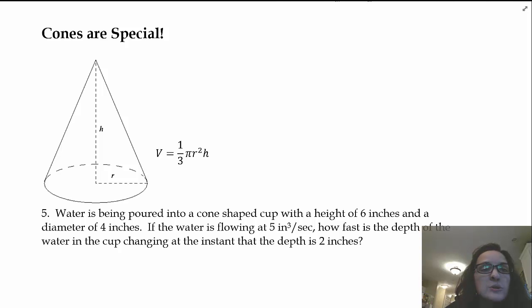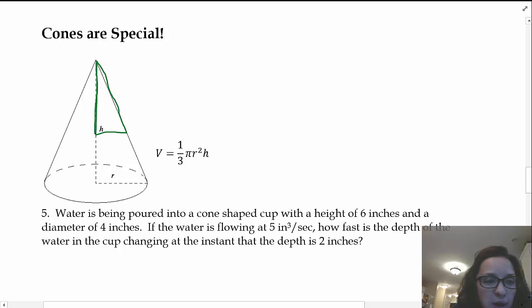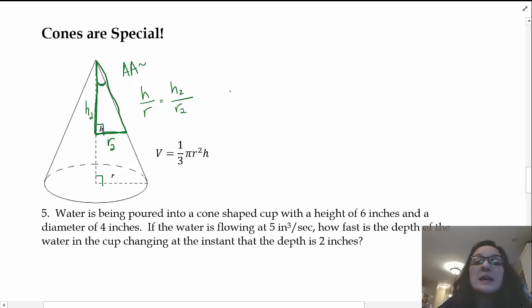So why are cones special? Well, in a cone here, I have this right triangle, this H and R. And if I come up here and shorten the cone and just take a small section of it, I'd have a new R and a new H. But the thing is, this angle right here is the same for the top triangle as it is for the whole triangle. And this right angle is the same for the top triangle and the whole triangle. These two triangles are similar, which means H over R equals H2 over R2. And what that really means for us is we can rewrite